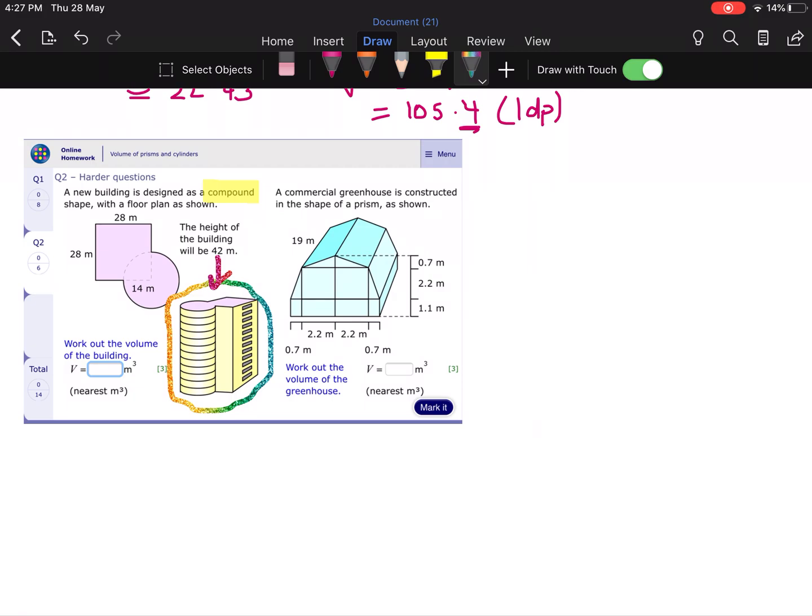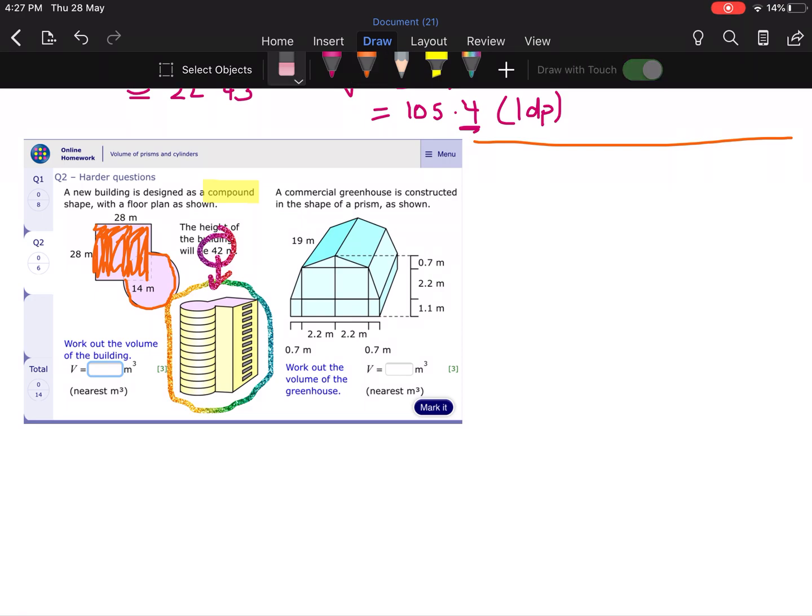and then we've got to times it by the height, which is 42. Okay, so how do we find the area? Well, first of all, we've got to find the area of the square. And if you think about this, what you've got is a full square, which is easy to find, plus you've got 3/4 of a circle. So you could find the whole circle and take away a quarter,